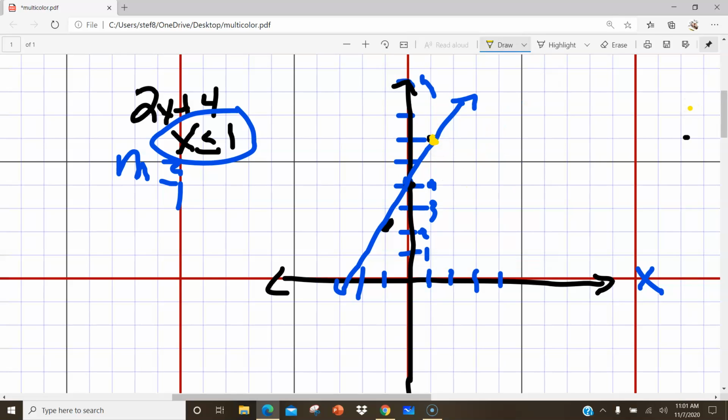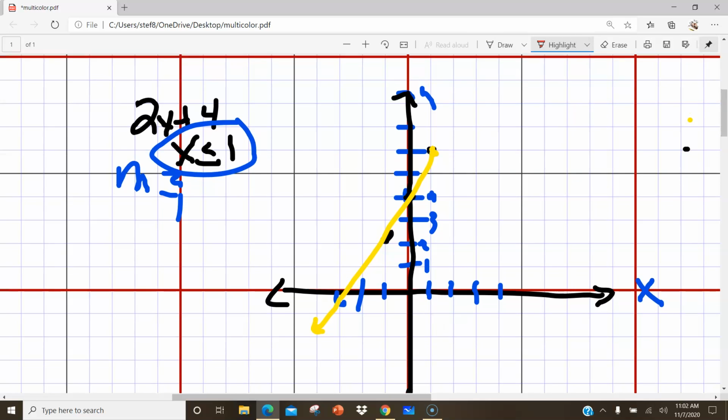Now, I only want to have the graph where my x values are going like this. I need to go like that. Now, when you go to graph it, then erase what isn't included in the domain. So, for example, here I have x is less than or equal to 1. Then here's my x